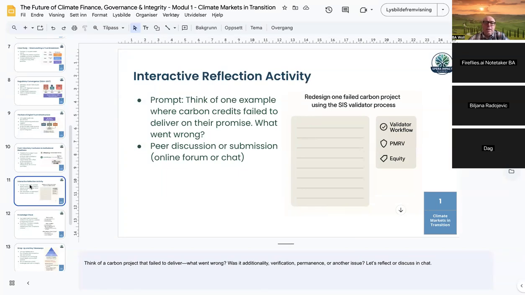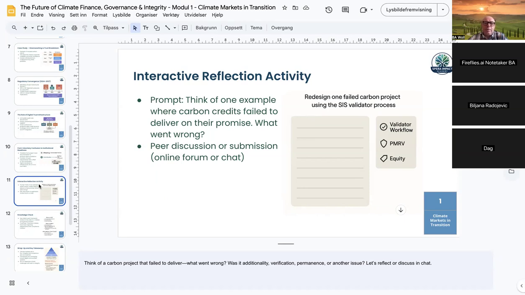Let's think of one example where carbon credits failed to deliver on their promise. What went wrong? And how could we have redesigned one failed carbon project using our validator process? This is very simple. If we take this Kariba project, for example,